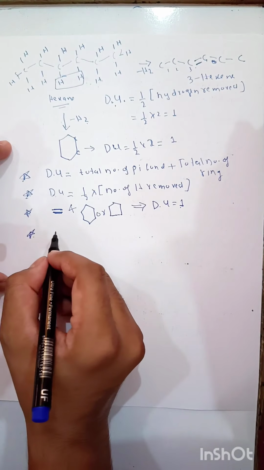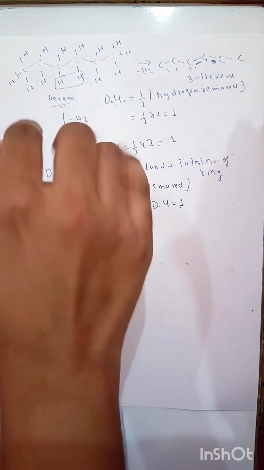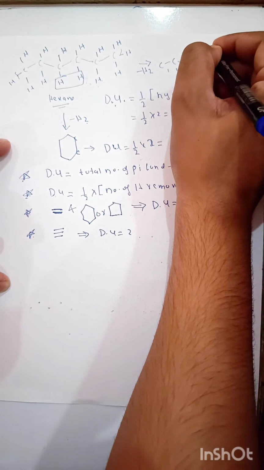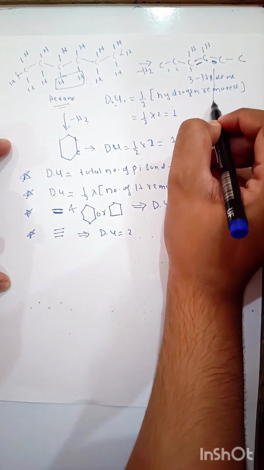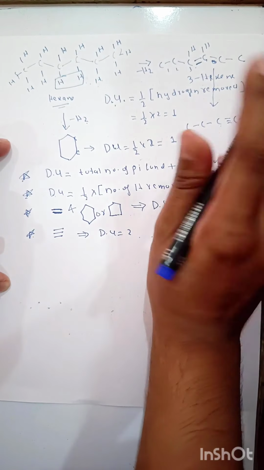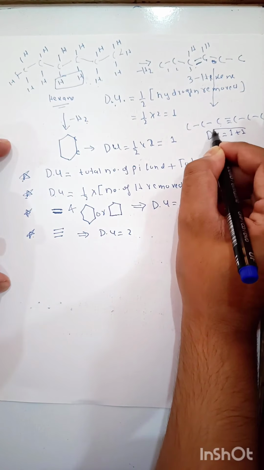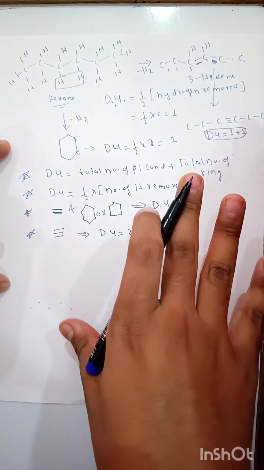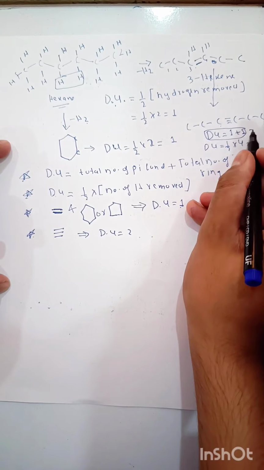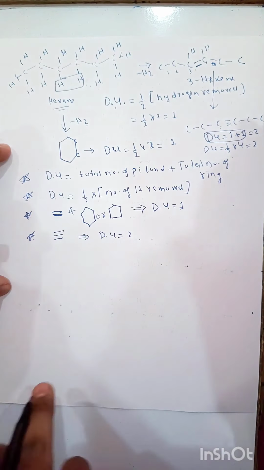Similarly, you can clearly see that one triple bond holds a DU of 2, because if we have removed these 2H, a DU of 1 has been created. Now from these two carbons, remove these 2H, and a triple bond will be created, C C C triple bond C C C. So a triple bond is created. We have removed 2 more H, that means DU will be 1 plus 1. In total we have removed 4H, that means DU will be half of 4, which is 2. That's why here I have written a DU of 2. So a triple bond holds a DU of 2.